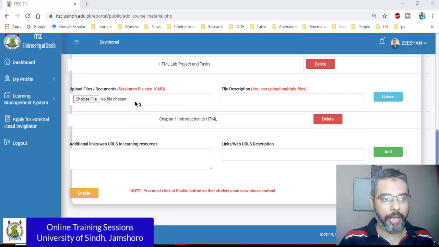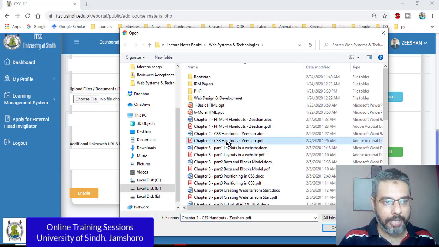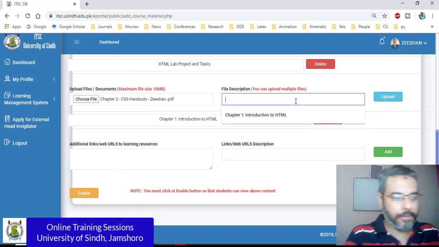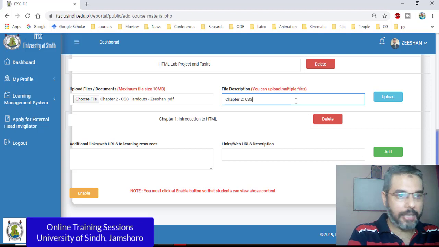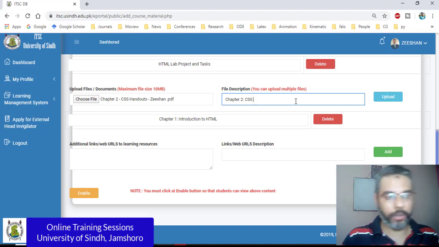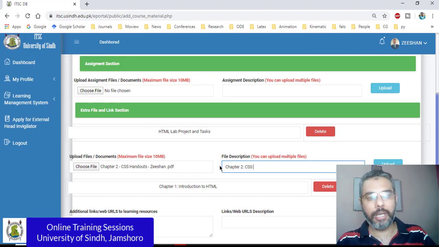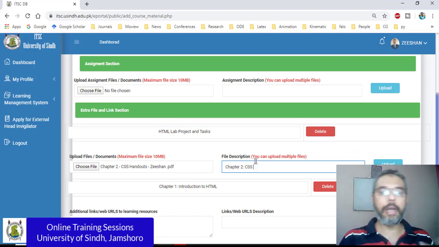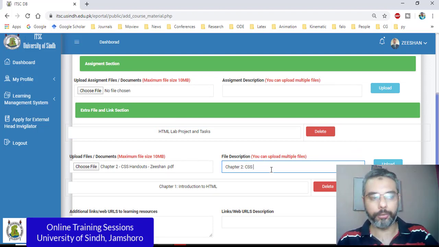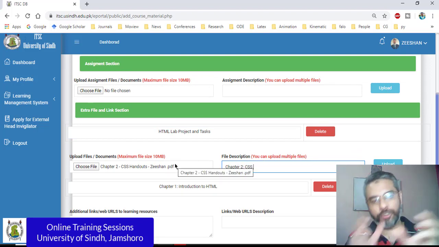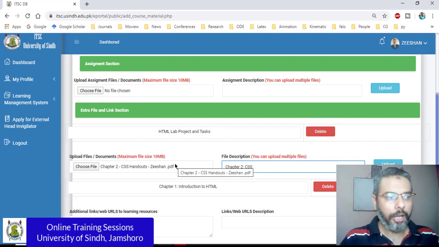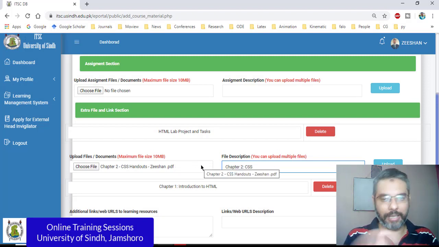I can go here and I can add chapter 2 CSS handouts, and then I can say chapter 2 CSS. But this is supposed to be chapter 2 now. This chapter should be in week 2 for me, and I should upload it there, because it would then segregate each week's chapters as well. So I do not recommend that you add the second chapter here, but yes, for example, it can have additional